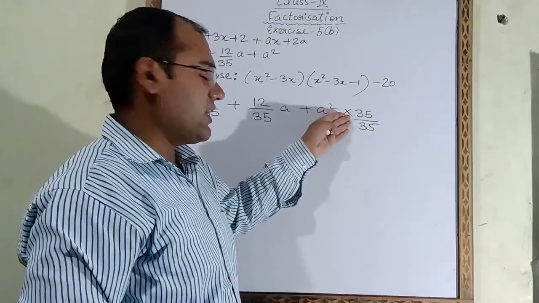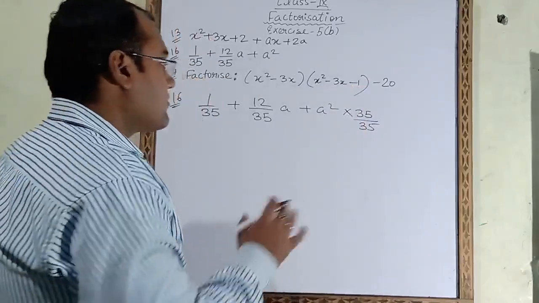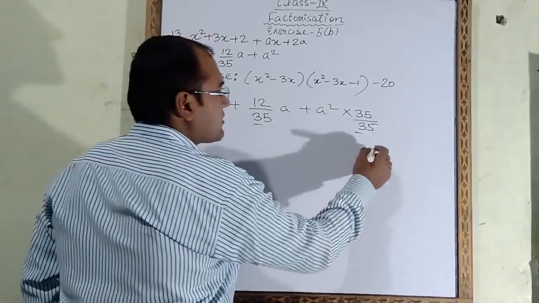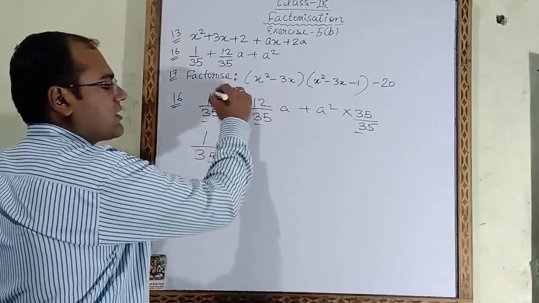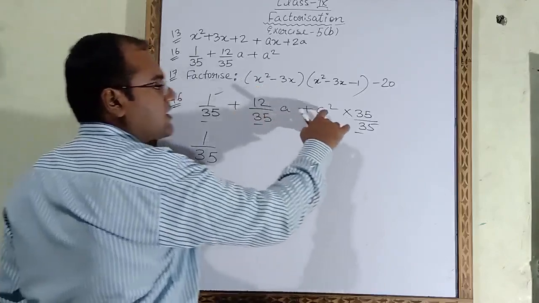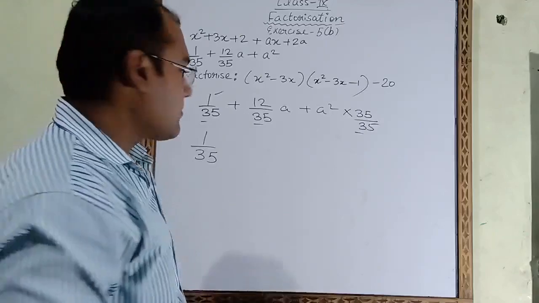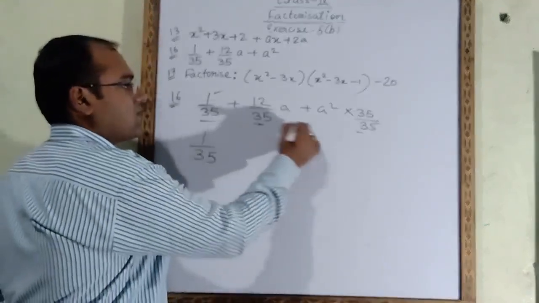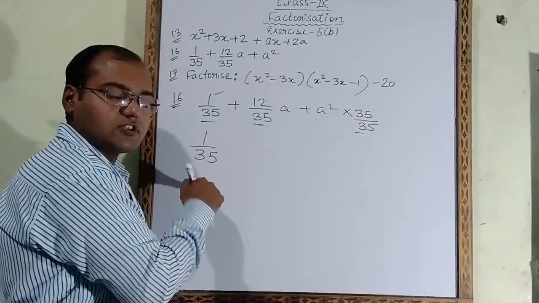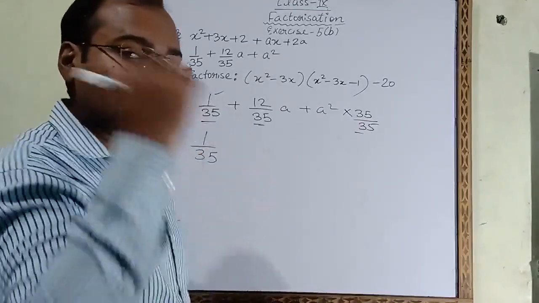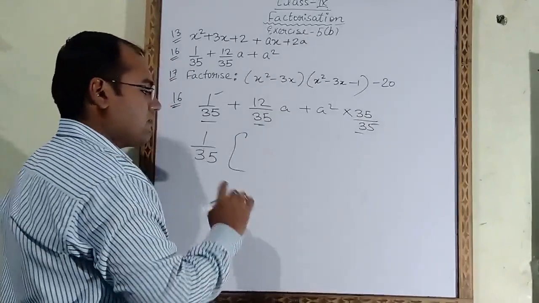So we will take 35 in the numerator also and in the denominator also. Now in the denominator we will take common 35 from the numerator. Here in numerator 1 is there, 12a is there, 35a square is there. So from numerator we are not getting anything common, but in denominator we will observe that 35 is coming in all the three terms. So from denominator we will take 35 common, so that 35 number where you have to write, you have to write in the denominator only. Now in bracket we will write the remaining part.